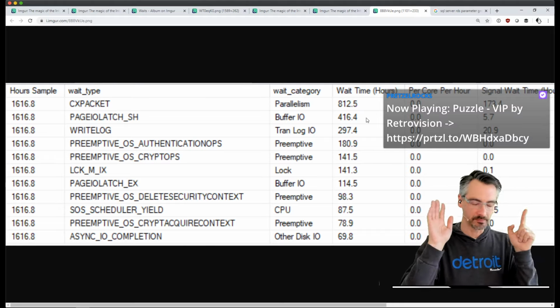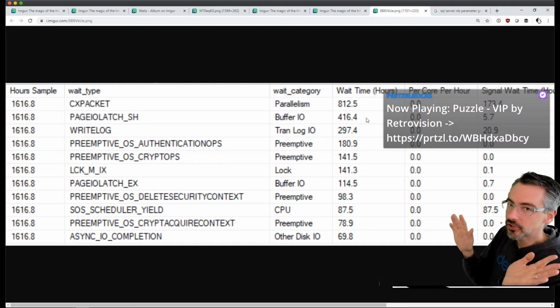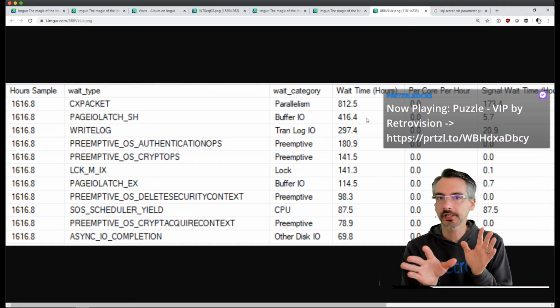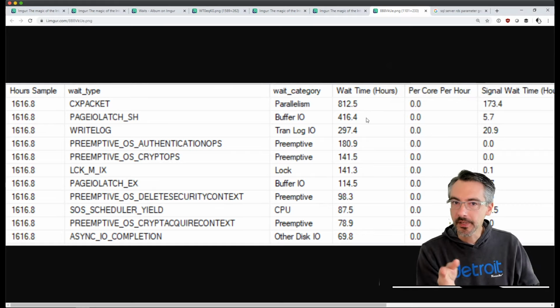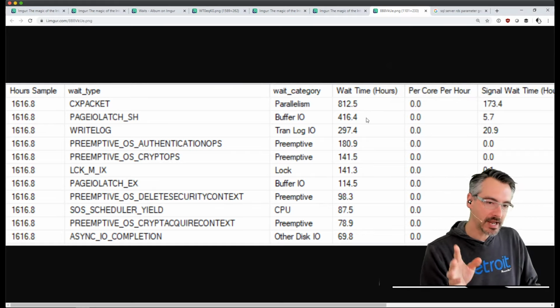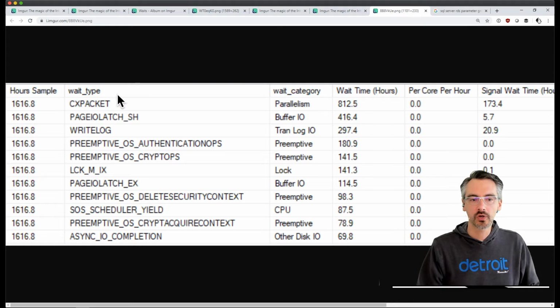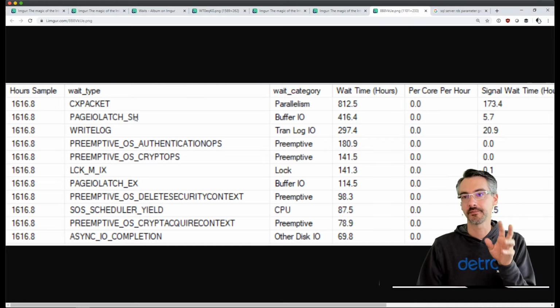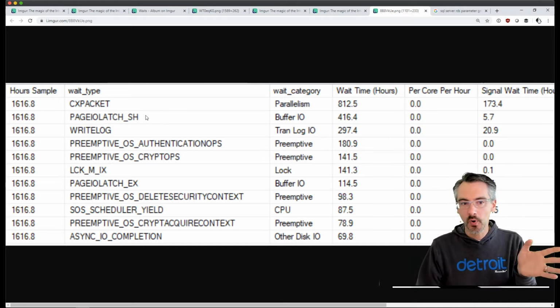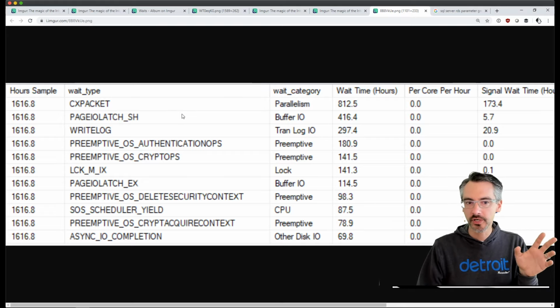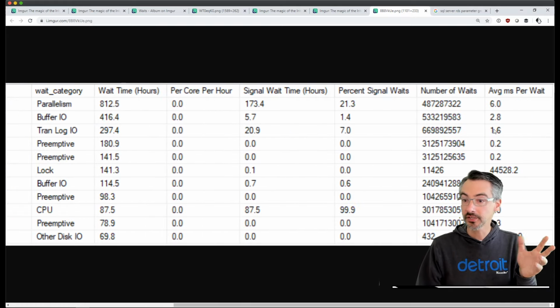And I bet, I'm just going to kind of guess, I bet your page IO latch weights, the average milliseconds per wait, I bet they suck. Because cloud storage is typically pretty slow. I'm a gambling man, so I'm going to say that when we scroll across over to the right, I'm going to gamble that your page IO latch weights are at least 50 milliseconds on average. Usually Microsoft likes to say that over 20 is poor. I'm like, usually 50 to 100 is poor to me. Let's scroll across and see.